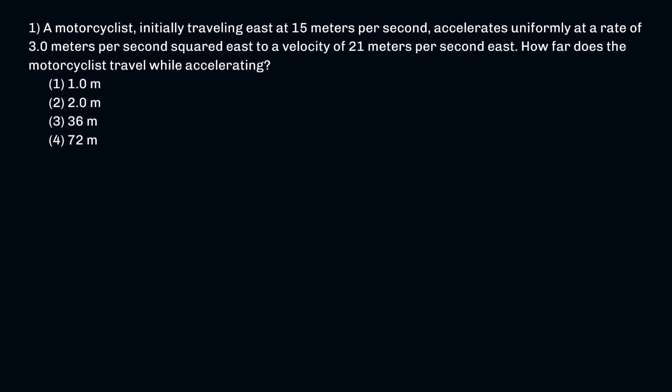All right, so with any math question in Regents, you really just want to look at what they give you in the question, take it out of there, and then figure out what equation I'm going to end up using. So here, the first thing that I see, I have a motorcyclist initially traveling east at 15 meters per second. I see that I have some kind of motion, so that's how I know I'm in the mechanics portion of